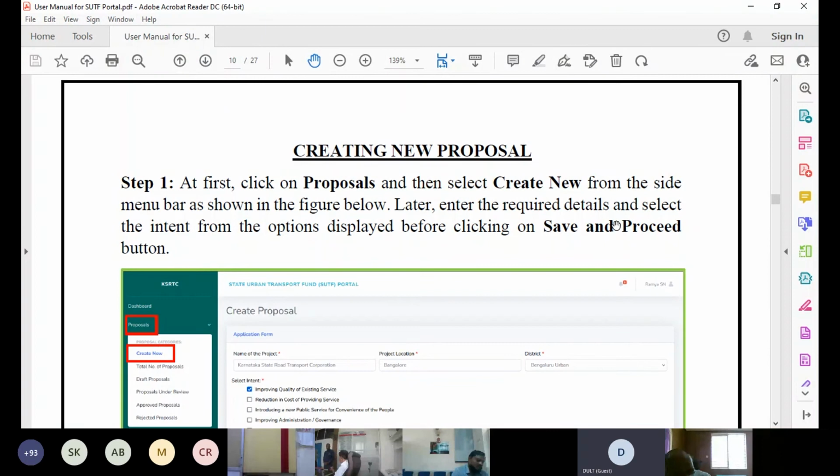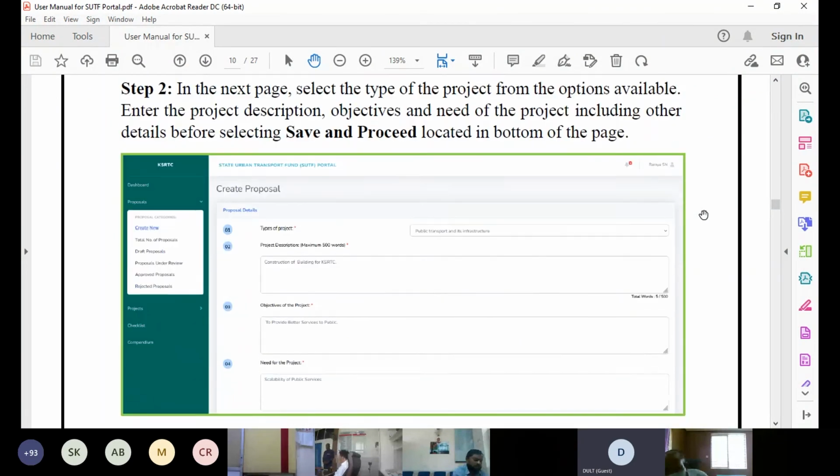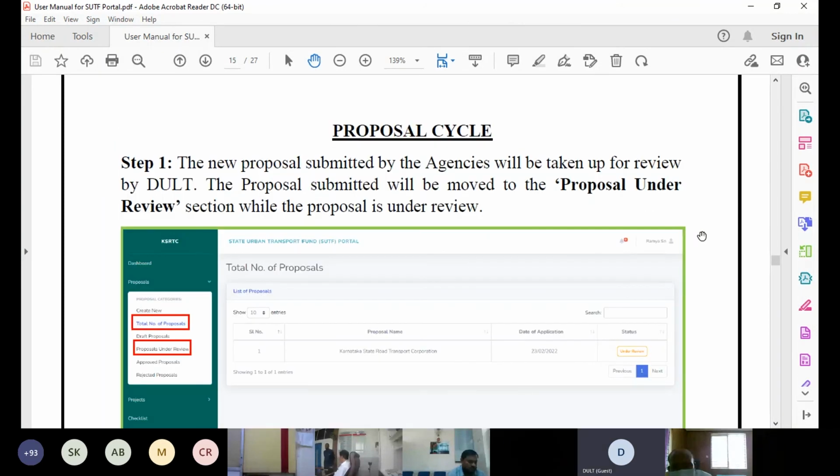Yes. So, creating a new proposal. This is the demo that I have shown earlier. Each and every step has been explained in much detail in a simpler manner. Once the application form is submitted, the new proposal will be taken up for review by DULT, and the proposal submitted will move to proposal under review.